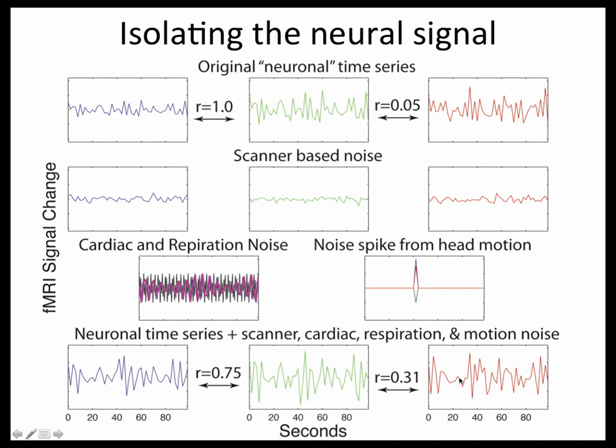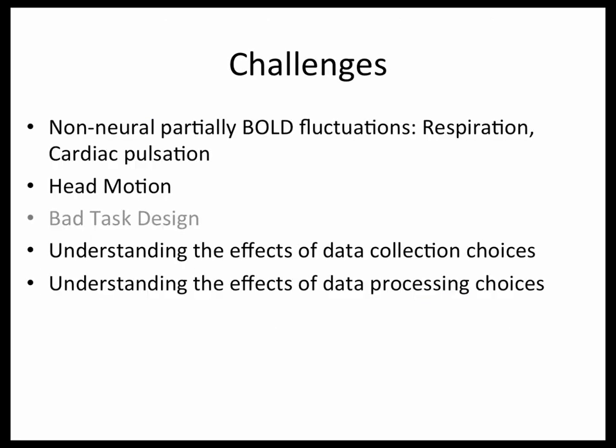So when we're talking about removing noise and trying to figure out what's neural or not, this is sort of the space people are playing with. So how do you deal with scanner noise? Maybe collect more data. How do you account for possible respiratory variation? And how do you account for motion? And I'm sort of doing a survey of a lot of these. Some of these have been covered in more detail in previous talks, and they'll be covered in more detail in future talks. But here I'm going to focus on what to worry about,